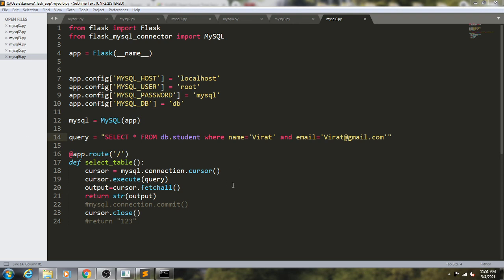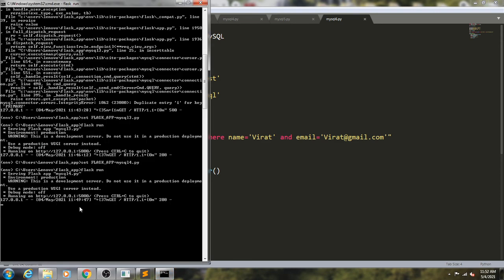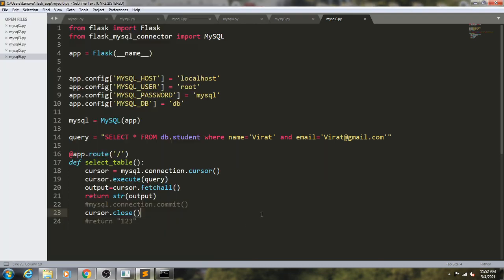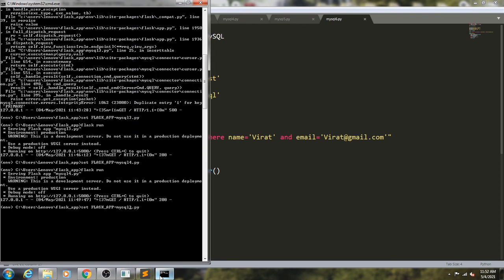Again the same statements are there. You can define the cursor and fetch the records. You should use fetchall here, because this query can contain more than one record. So fetchall and return str(output). Let us see how it gets executed. Save this one. What is the name of the script?